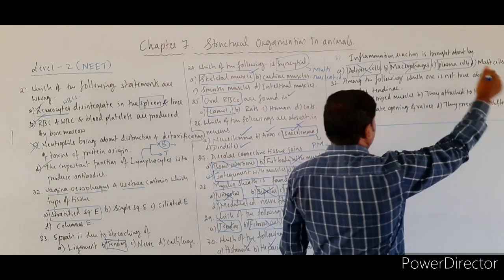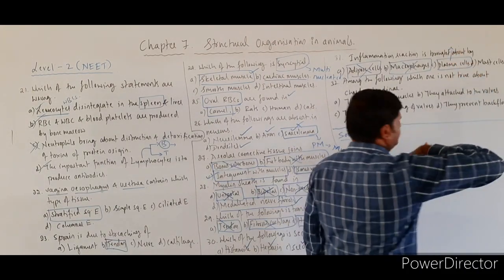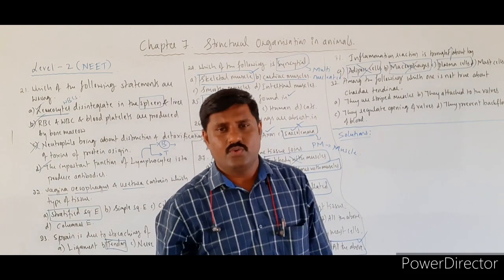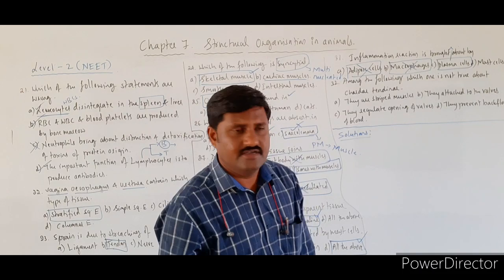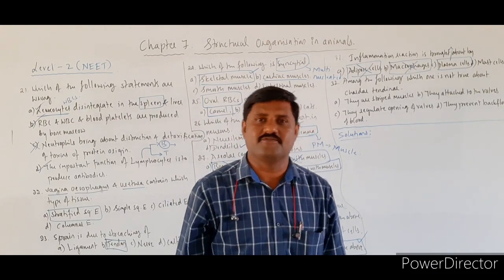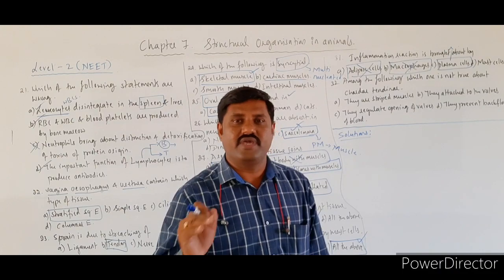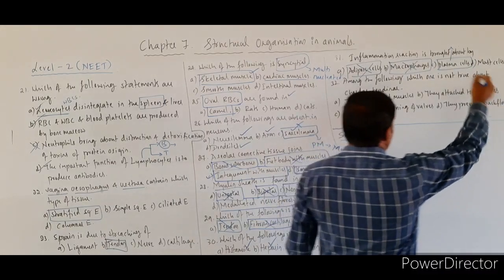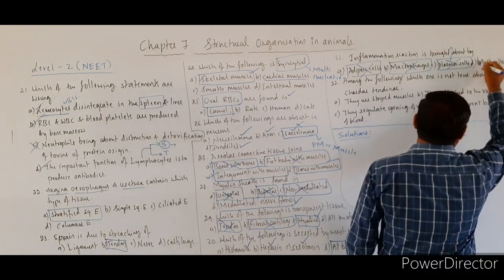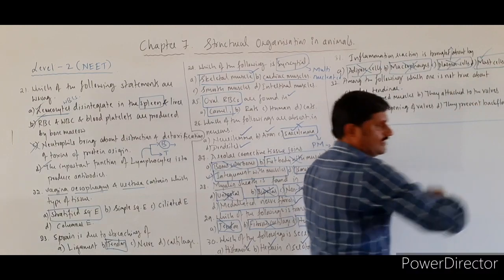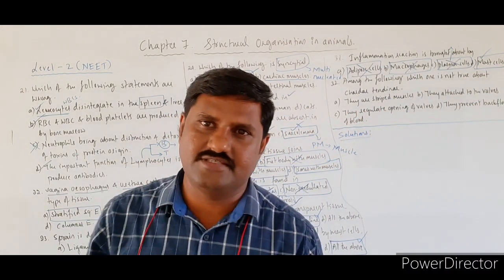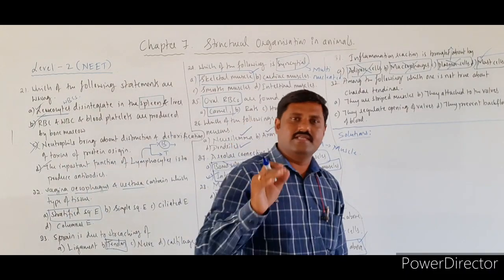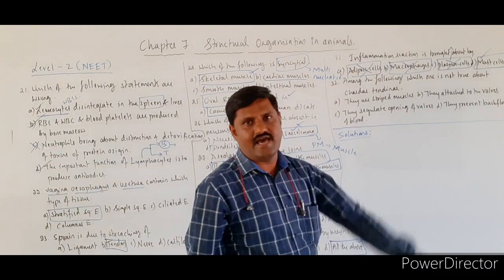That's why plasma cells, what are these formed from, right? Lymphocytes. What kind of lymphocytes produce these? Plasma cells are formed from B lymphocytes. What are B lymphocytes? I have already cleared that. So that's why this is also not the correct option. The correct option is mast cells. Mast cells are the specialized cells which bring about the inflammation in the body. That is why the fourth option is right over here.